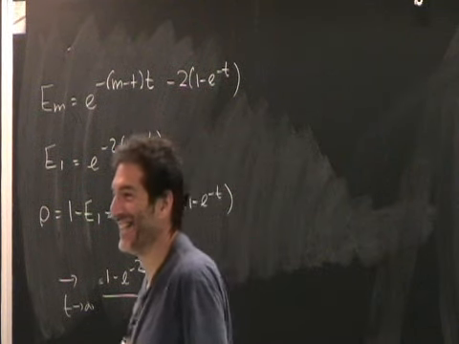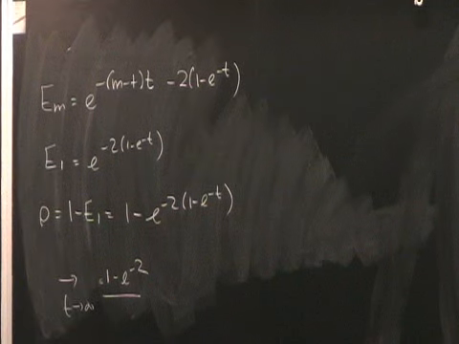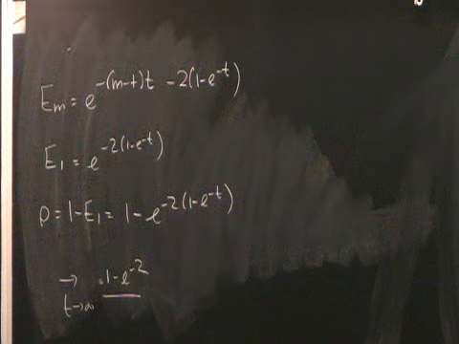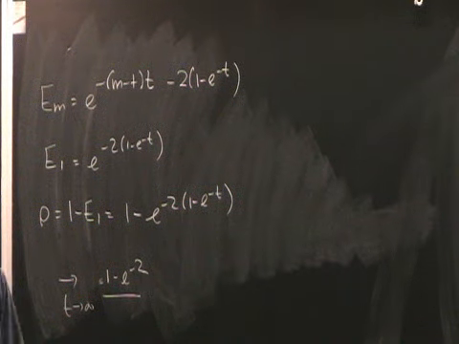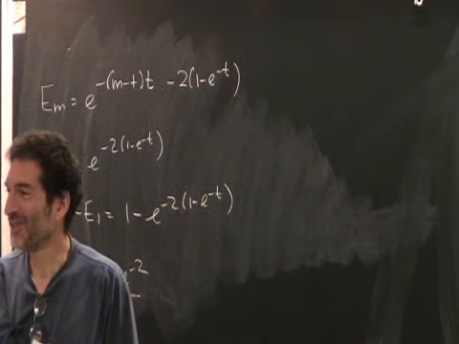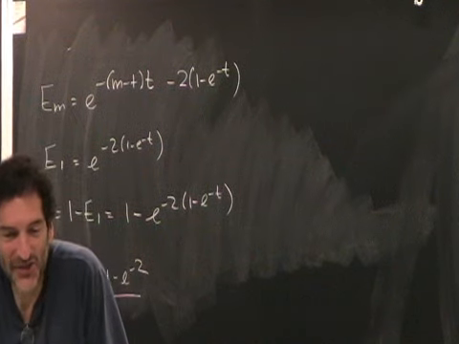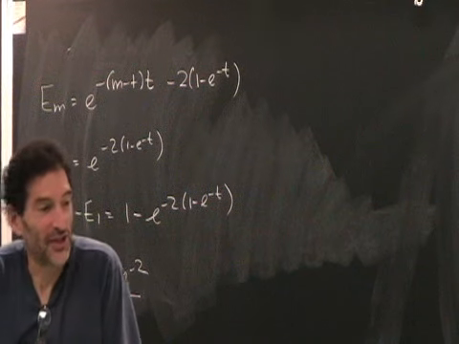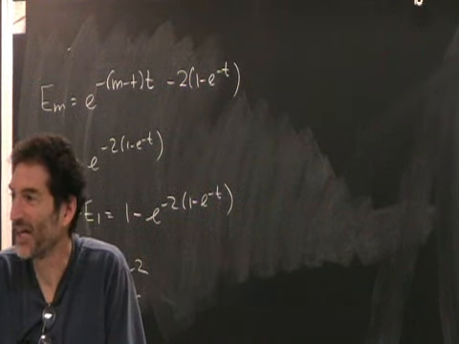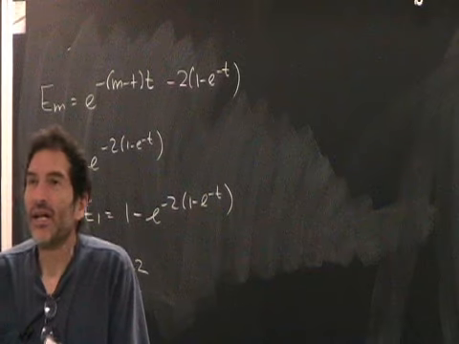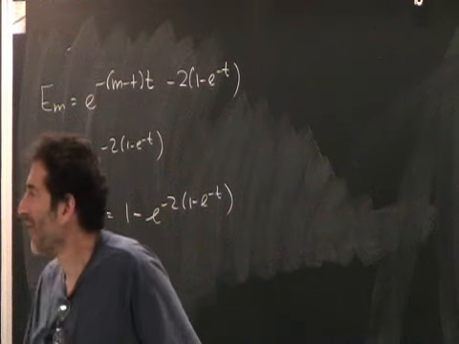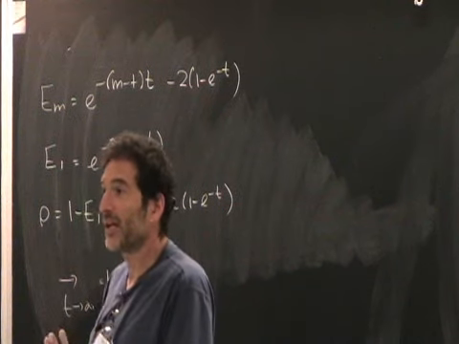Does it go to 2 pi in 2 dimensions for something similar to this? Can you repeat the statement? The statement was that 2 is the surface of a circle in one dimension. So isn't there some obvious generalization to 2 dimensions? Somehow there'll be a 2 pi or something like that. And so the answer is that in 2 dimensions, all of this goes out the window. There's no exactly soluble model.